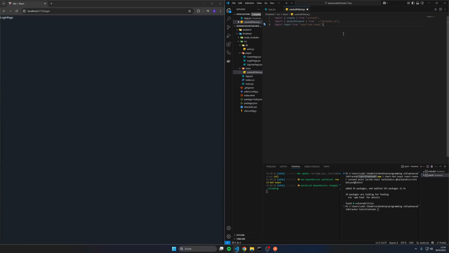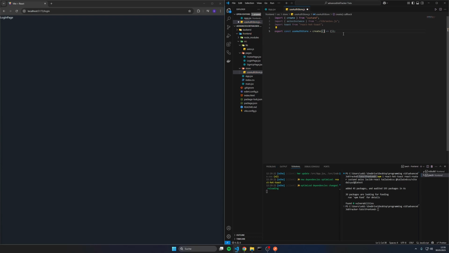So now we want to create a store, which is basically a function in which we have a lot of variables, and we also want to export this so we can access it in different files. I will call it useAuthStore, and it is equal to create, which we imported, and inside of this create there's an arrow function,